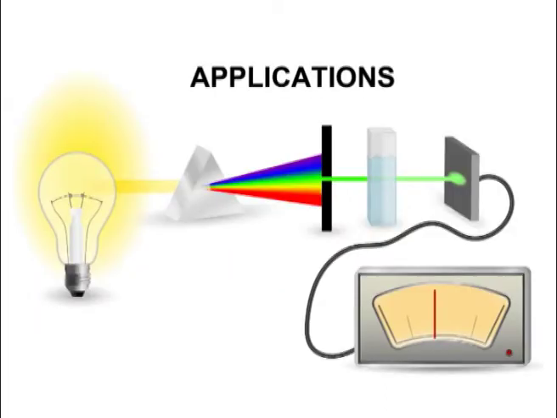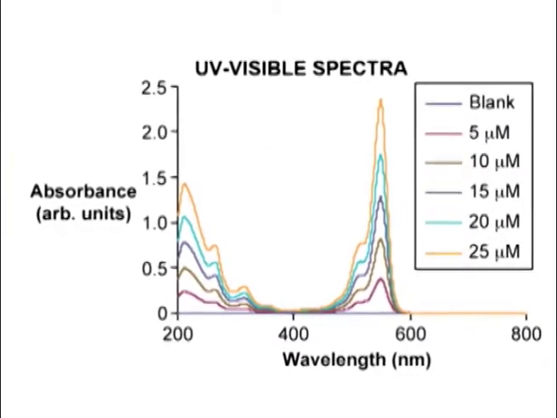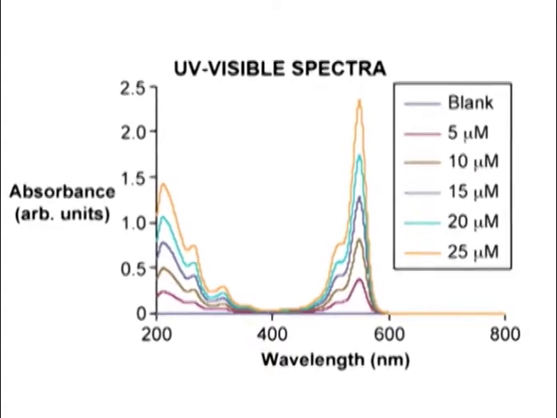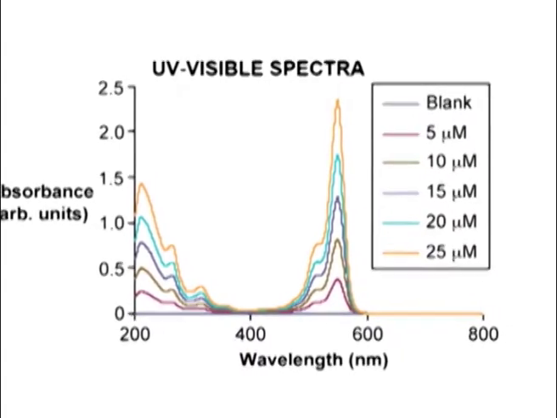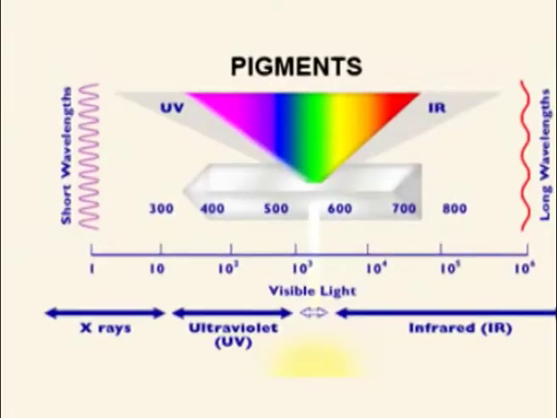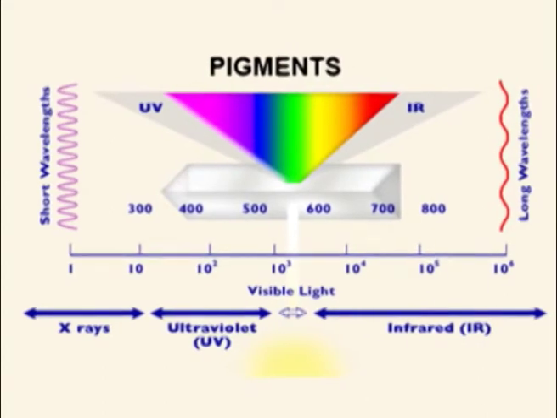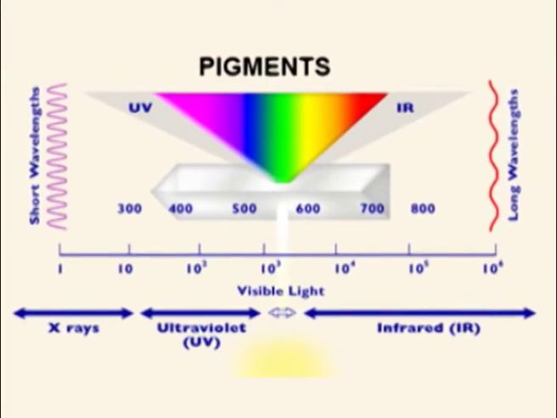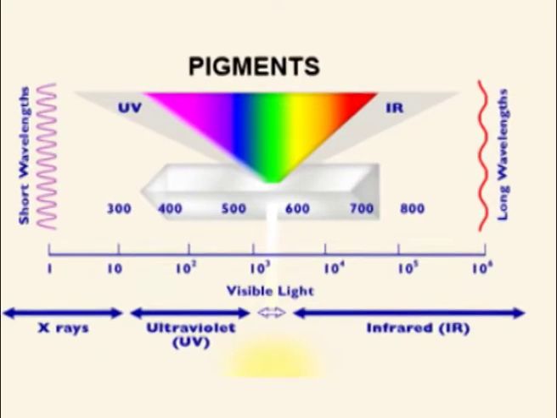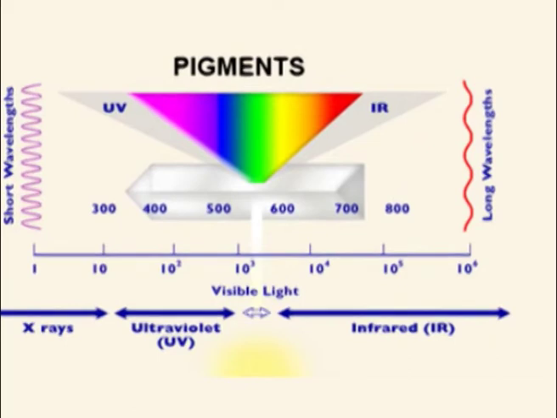Next come applications. The UV visible spectra have broad features that are of some use for sample identification but are very useful for quantitative measurements. Ultraviolet visible spectroscopy is useful to characterize the absorption, transmission and reflectivity of a variety of compounds and technologically important materials such as pigments, coatings, etc.